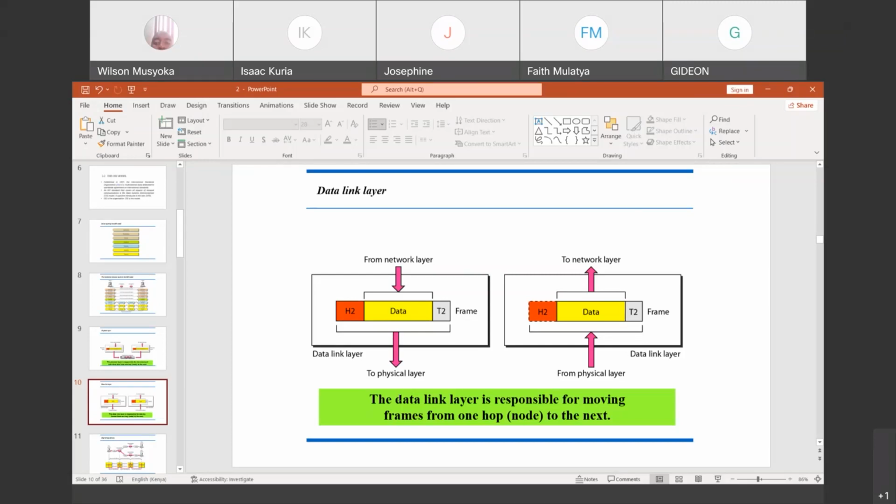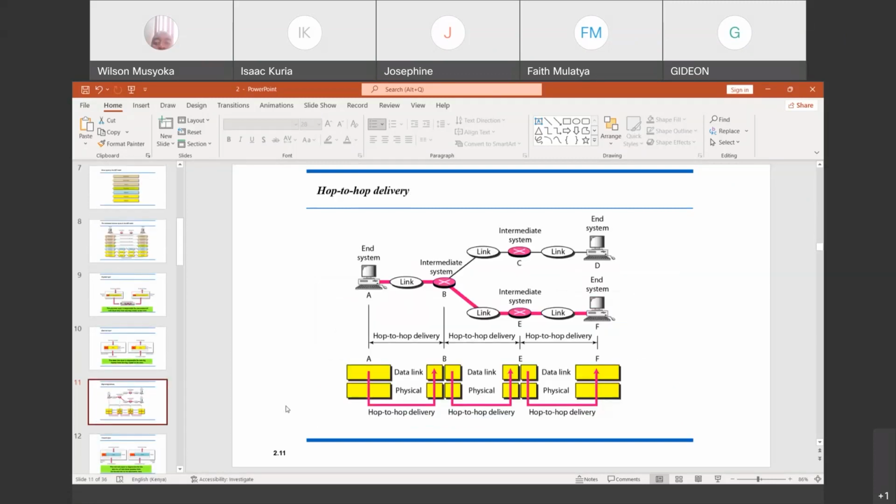So that is what is happening at the second layer. It receives the data frame from the network layer. It attaches the MAC address and the frame check sequence. Then it moves it down to the physical layer. The physical layer moves that data through the medium. Then at the receiver end, it gives the data frame to the data link layer. The data link layer will check through the use of the MAC address. It is able to receive the data frame, and then it does the error checking.